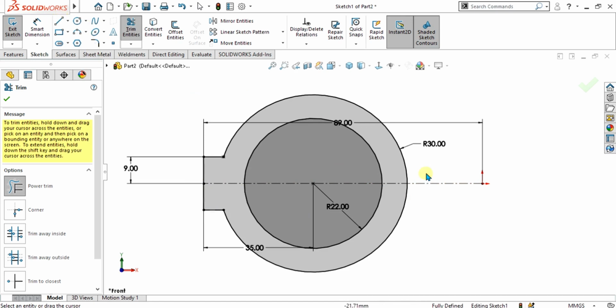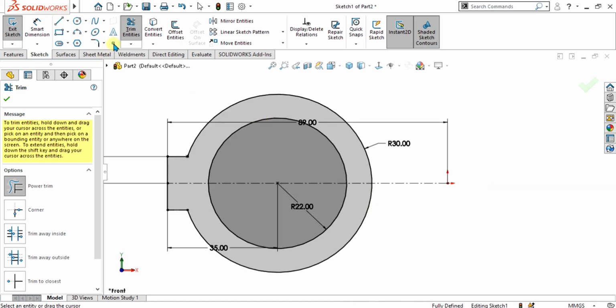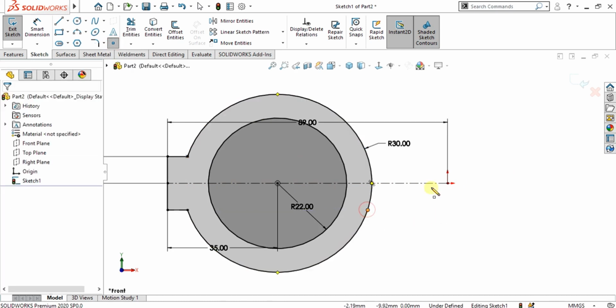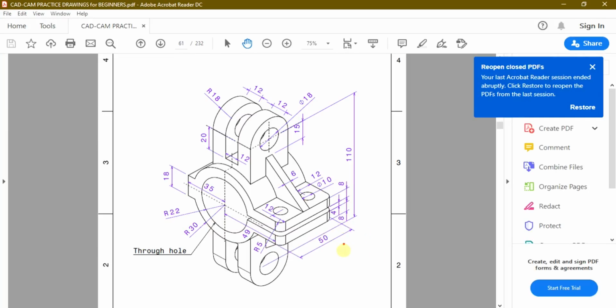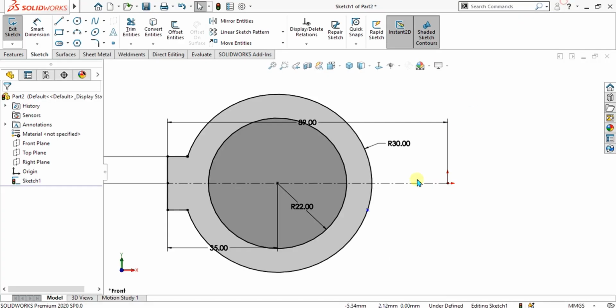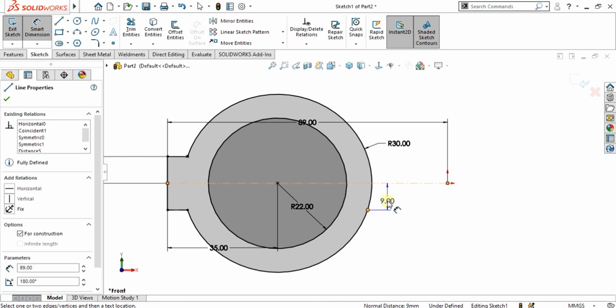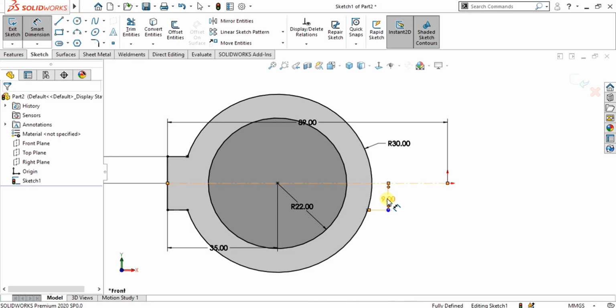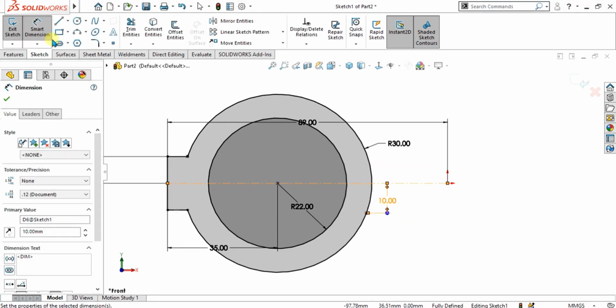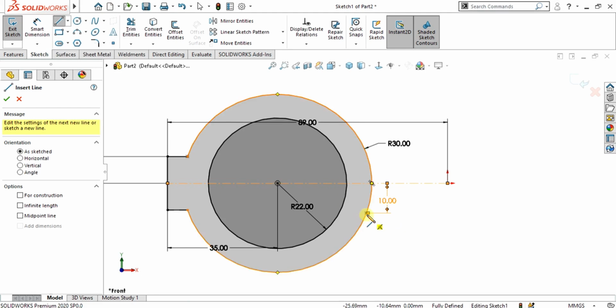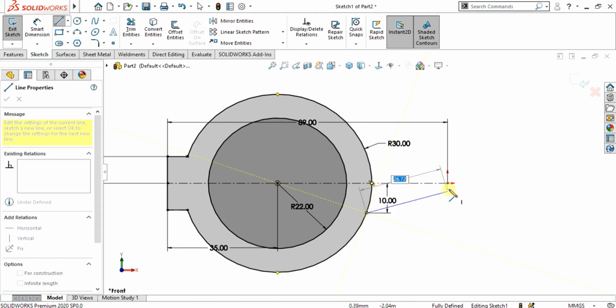Now we are going to make the lower shape. So for that, again we will select the reference point, make a reference point here. So the dimensions are, the total width of this part is 8 and the gap between is a total of 4. So the distance from the center line is 10, the 2 of gap and 8 of the part. So make it 10 here like this and simply make the line up to this vertex like this and drag it up to the internal circle.